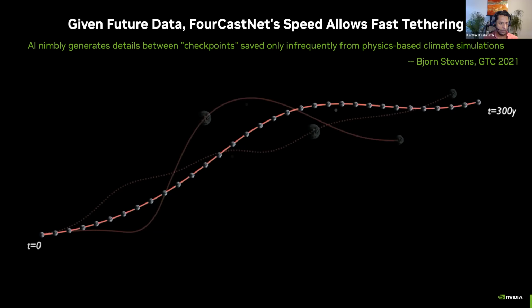of data. So one way in which you could use models like ForecastNet, emulators of the atmospheric system, is to essentially interpolate between checkpoints of your model. And so you only need to output your model outputs at much lower frequency, say once every week, or maybe once every 2 weeks, or maybe even once a month or so, and use a machine learning emulator to essentially fill in very rapidly between those checkpoints. So this is what he calls tethering, and fast tethering is one of the ways in which ForecastNet could be